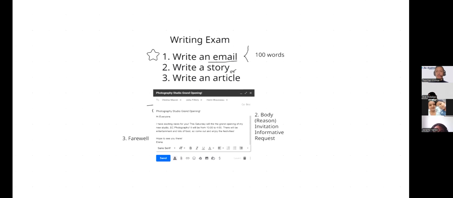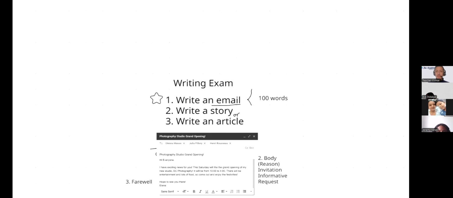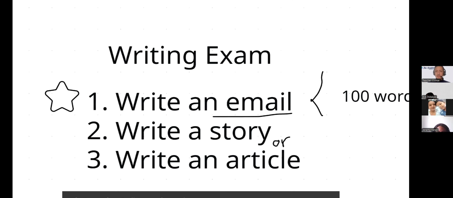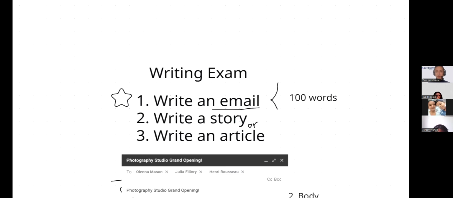Okay, so at first, remember, I explained to you the parts of the grading exam. So officially, we got the first part, okay? That is grade an email. So congratulations, because this part we did very well, right? Grade an email. We're going to carry on, we're going to continue to the second part, that is write a story or